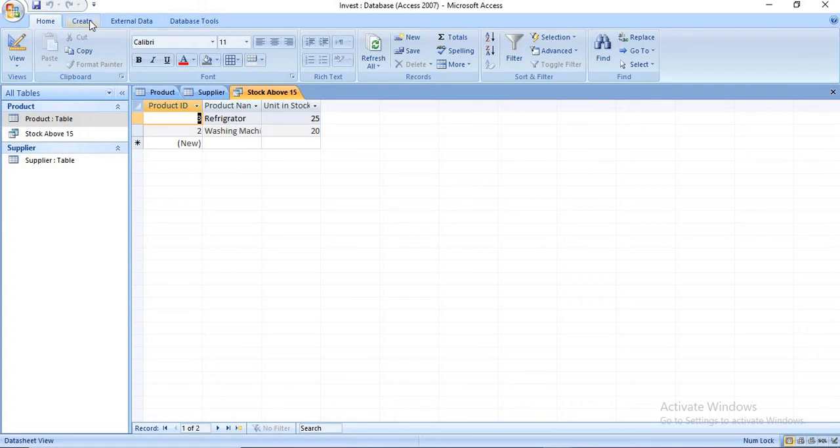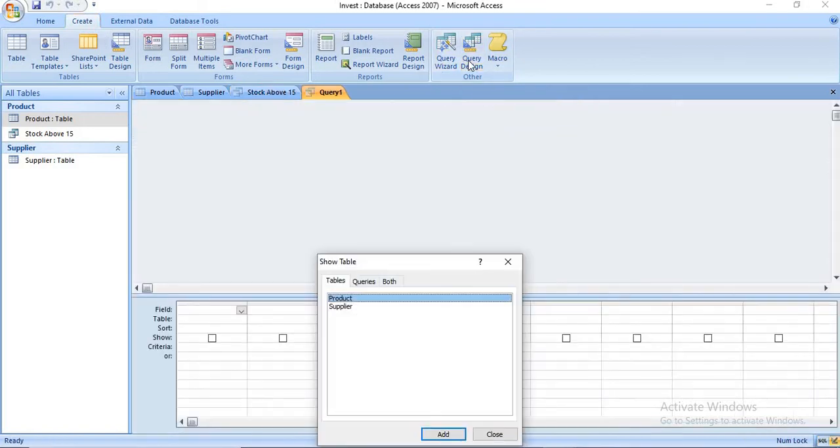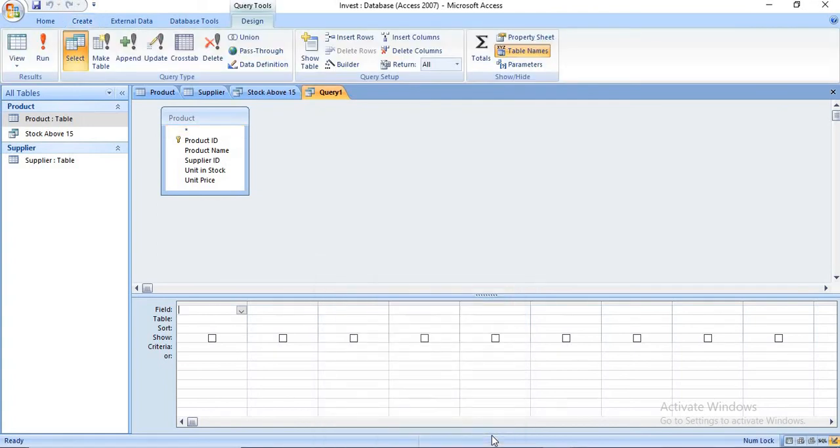Click on the Create tab, go to Query Design. When you click on Query Design, we create a query on the product table. Just add the product table, then close the Show Table dialog box. Add all the fields, because they tell us to use all the fields. So I am adding all the fields here.